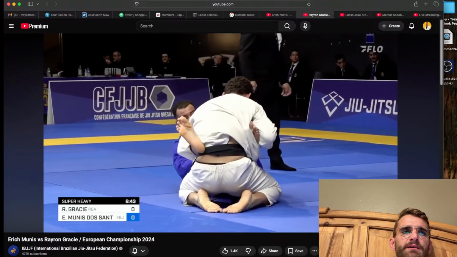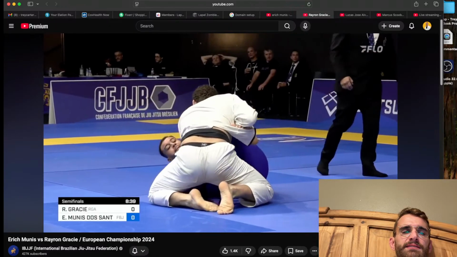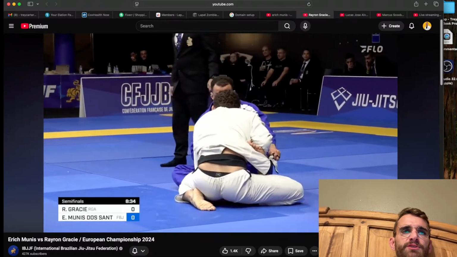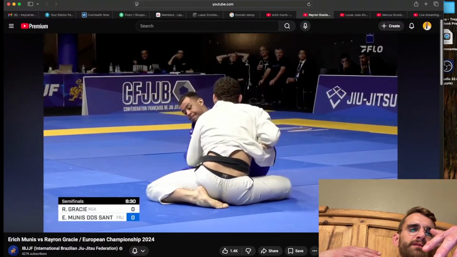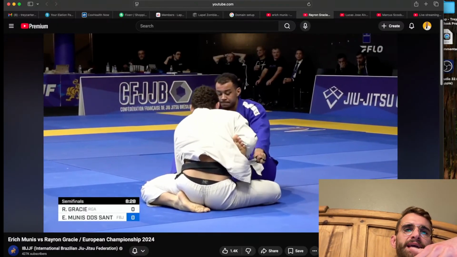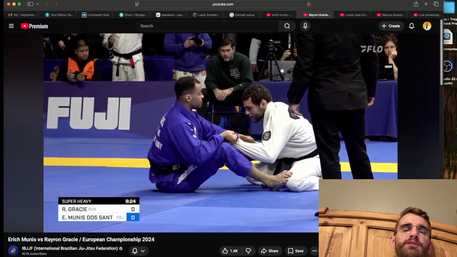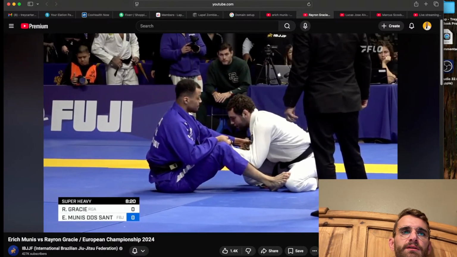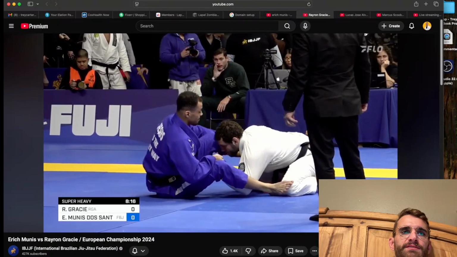But it is interesting though that everything Erich does is to the lapel to his left, because traditionally how most guys will fold their lapel is that they're going to have their left lapel over the right one. So he has to take it out of not just the belt, but the other lapel as well. And the reason why I make that comment is because friction does play a role when it comes to getting these out. But Heron is wisely keeping his hips back because if he postures up or drives in,